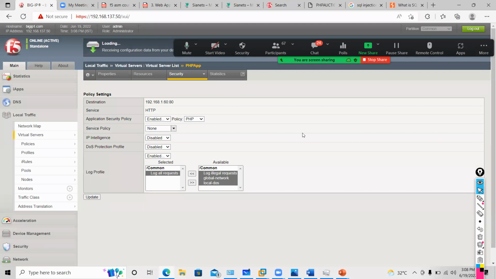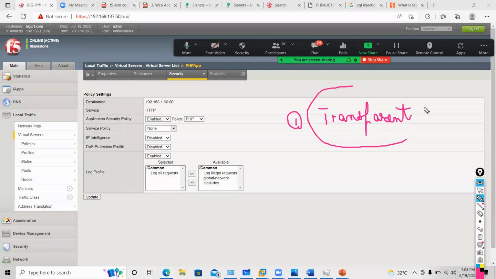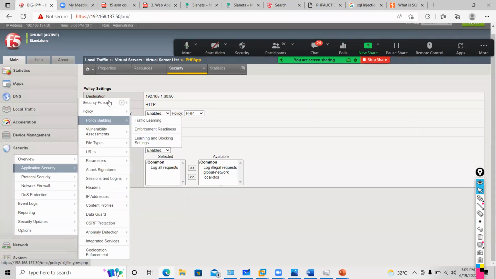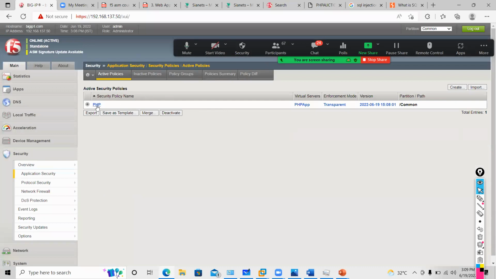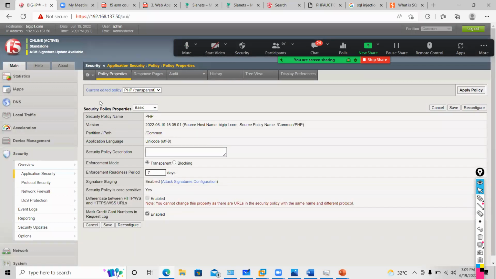By default, when you create a policy, guys, it will go to transparent mode so that nothing will get blocked initially. So after that, now I will go to security policy. I will show you what all things it protects.